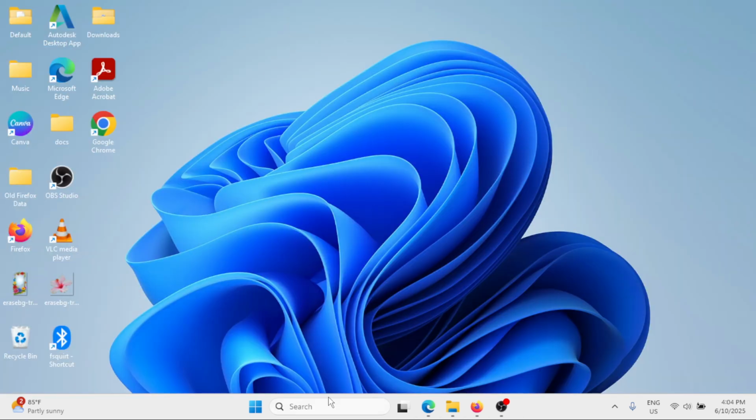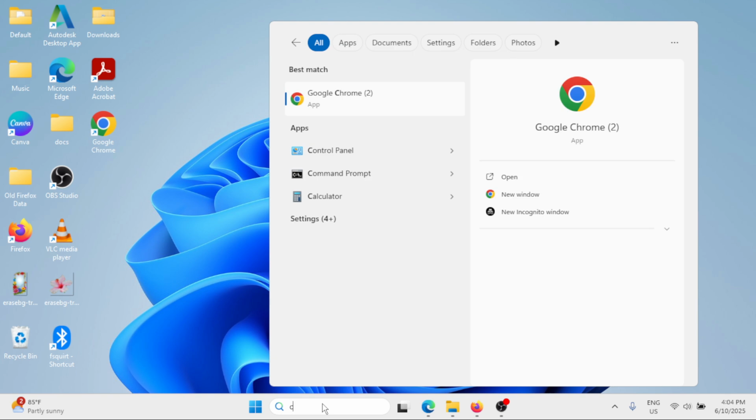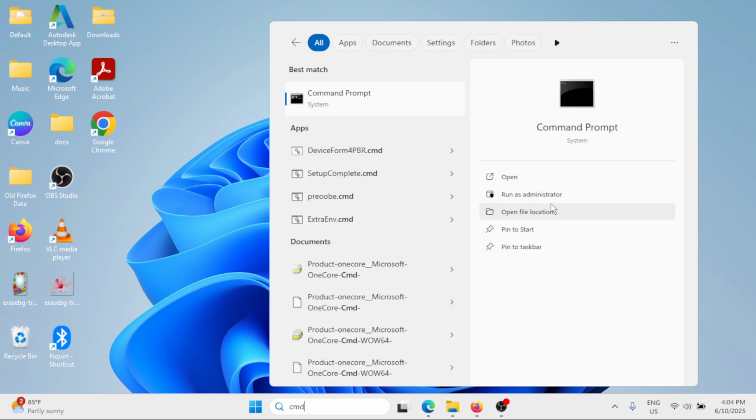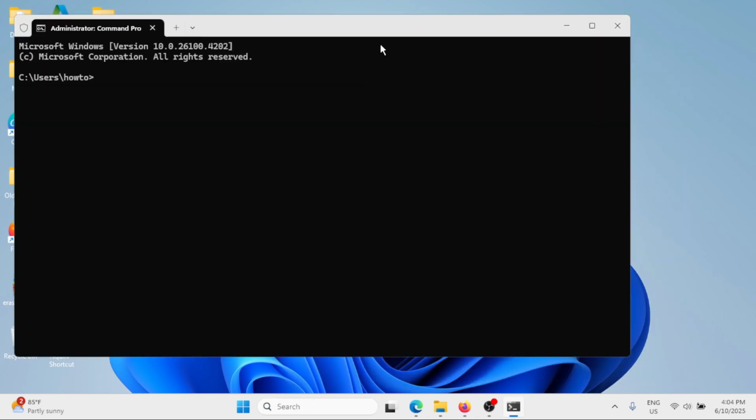For the next method, go to the Windows search bar and type CMD. Click on Run as Administrator on the right pane. Now I have this command. In the description, this will be shared. Hit Enter. So this has been disabled, but if this didn't work for you or if it worked, you need